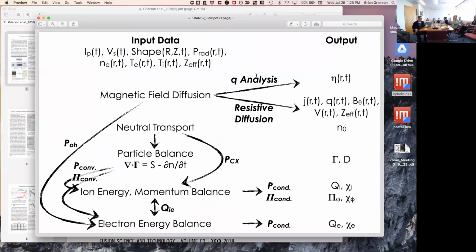And so you can view this flowchart on the TRANSP website. If you want to go there, there's a document there that describes the equations that are used in TRANSP. And so what I'm going to show here is simply the input data that is typically required, and this is all for interpretive TRANSP analysis. The input data is typically the plasma current, which I already showed you, the surface loop voltage, the plasma shape, so the shape of the flux surfaces, and whether that shape is evolving in time, whether it's getting smaller or increasing. The radiated power, fits of the electron density, electron temperature, ion temperature, and the plasma Z effective, or a